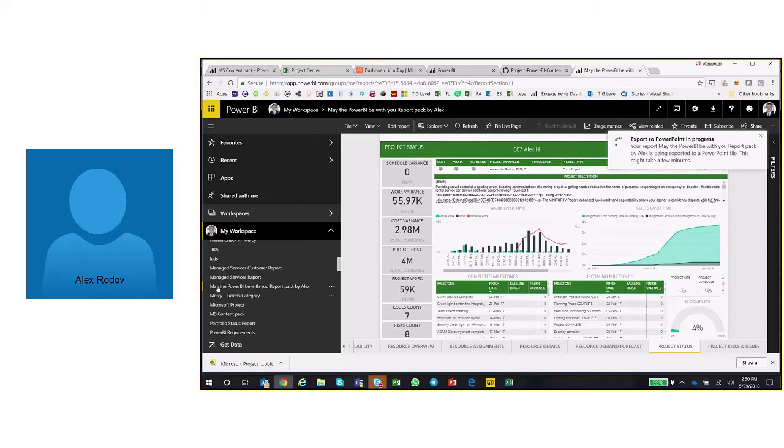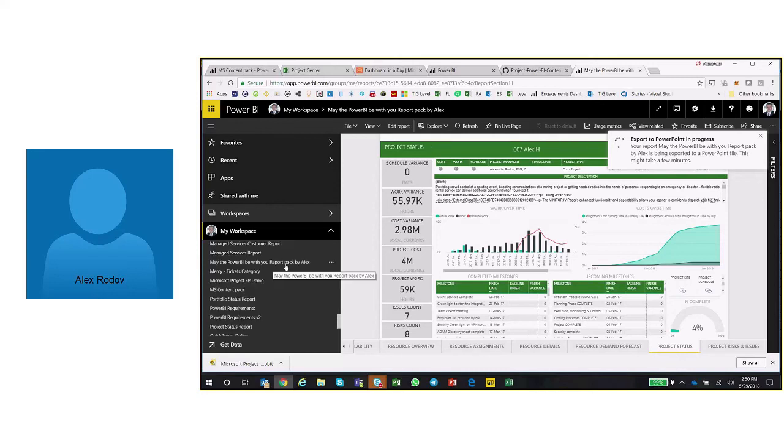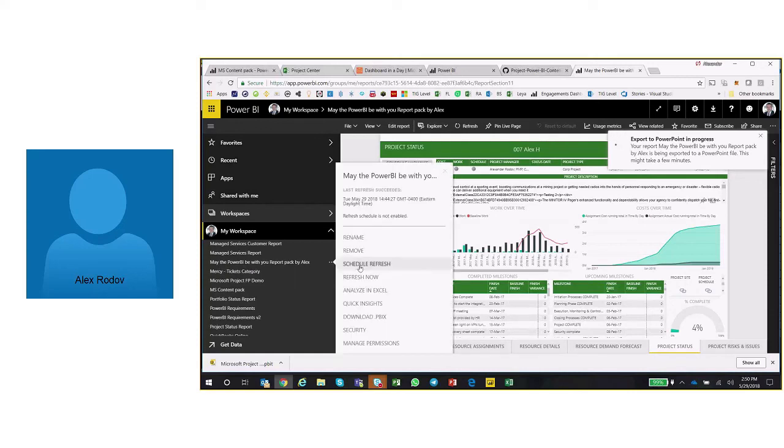And along with this actual report, if I keep scrolling down, I will see the section with datasets. And the section with datasets would also be called the same way as the actual report. And this is the May the Power BI be with you report packed by Alex. If I click on this 3-dot menu, I can schedule the refresh of this report, which means that I just